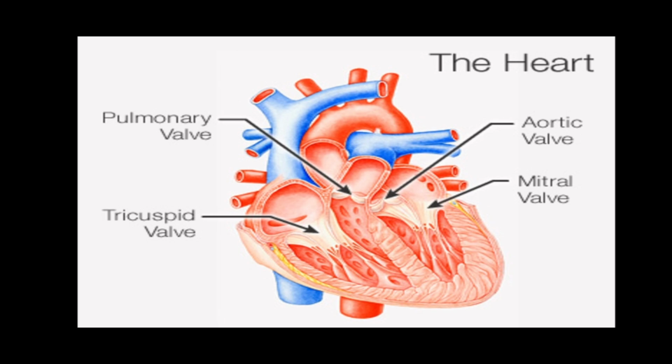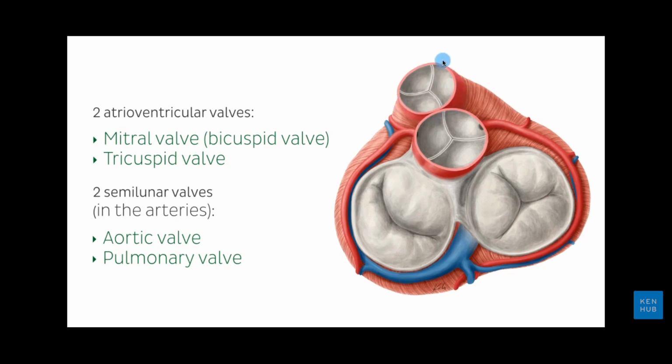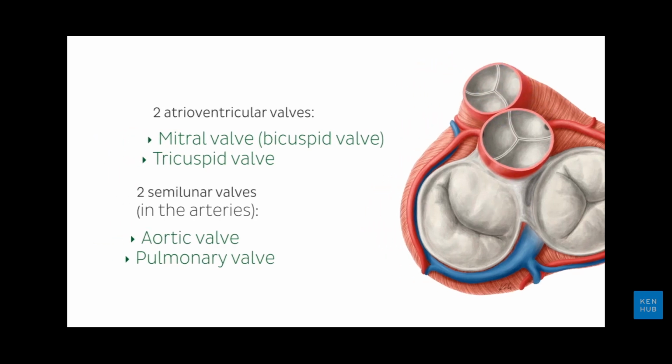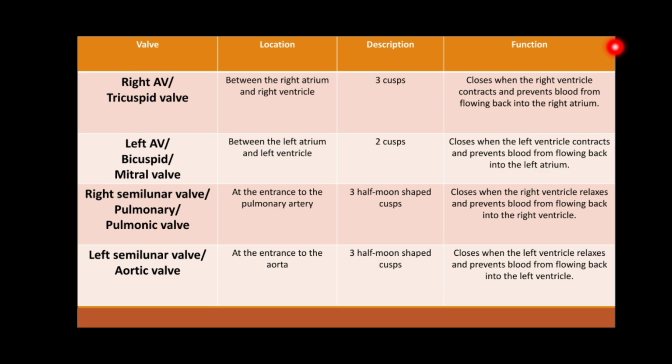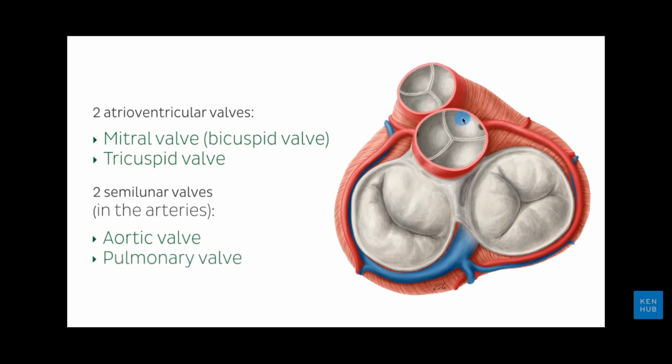The right semilunar valve is also called the pulmonary or the pulmonic valve. It closes when the right ventricle relaxes and prevents blood from flowing back into the right ventricle. This is found at the entrance to the pulmonary artery and has three half-moon-shaped cusps, while the other three half-moon-shaped